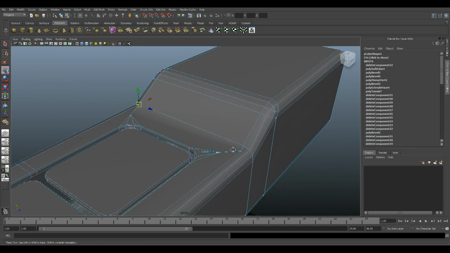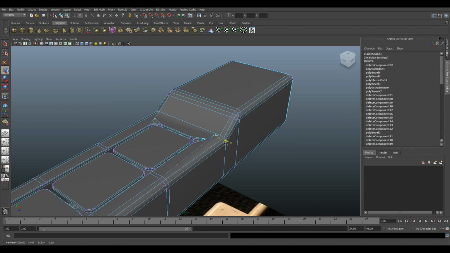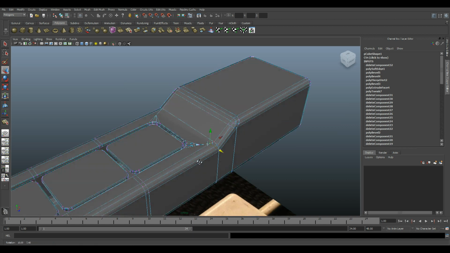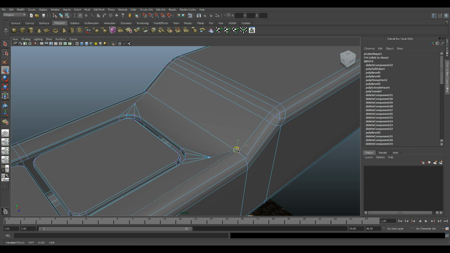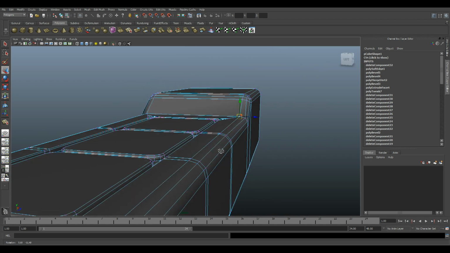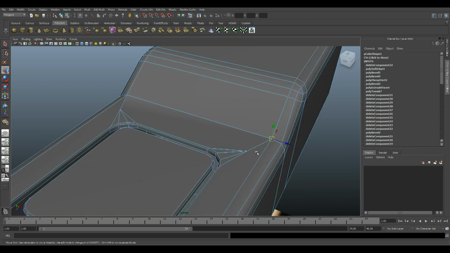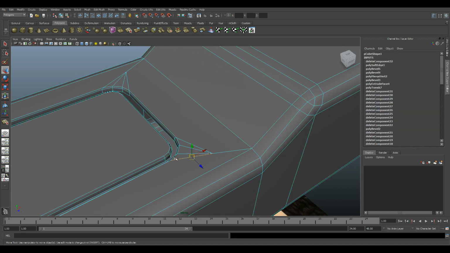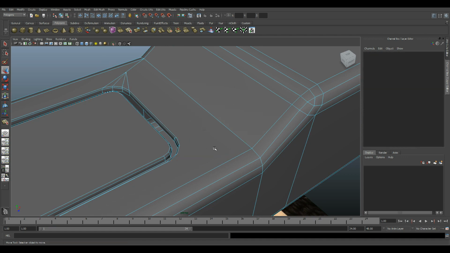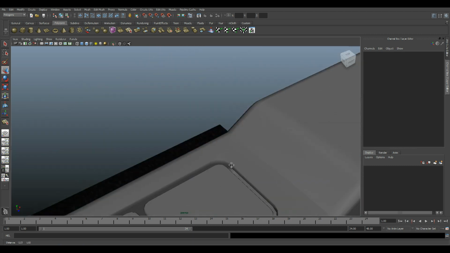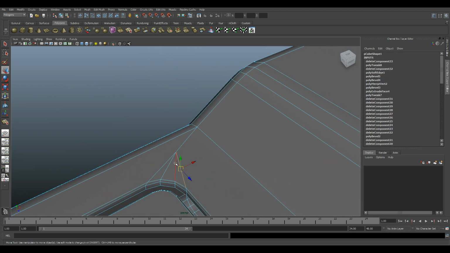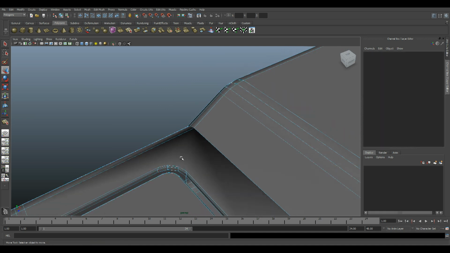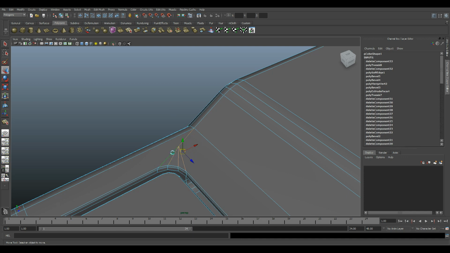I'm going to do the same thing over here. Snap it to about there. Okay. I'm going to save that, and then I'm going to select these edges and just delete them for now. Just going to select these edges here, delete them. Forgot one there. Delete those,